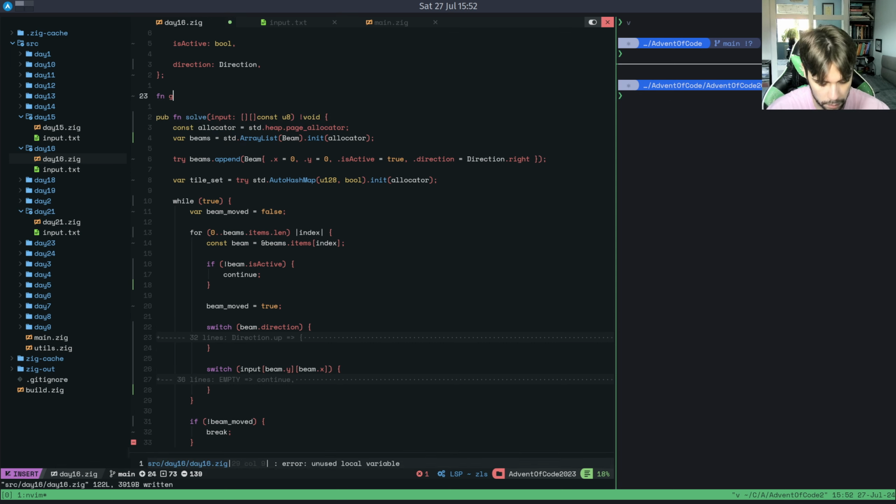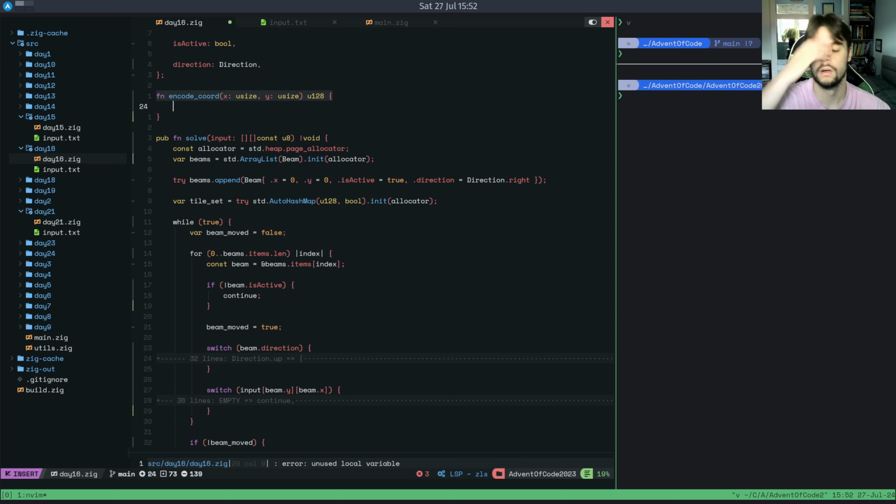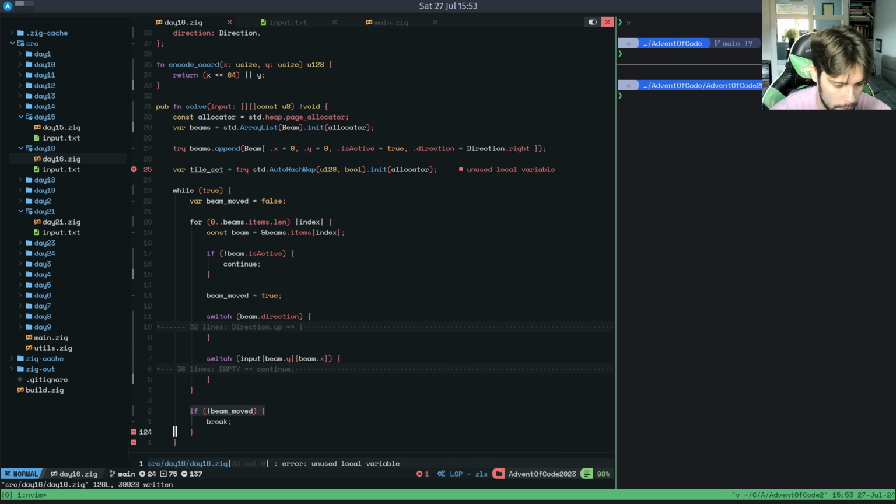And we're going to have a function called getEncodeCoordinate, which is going to have an x, a usize, a y, which is a usize, and return a u128, which is going to return the x shifted 64 times, ORed with the y, I think. And every time you move,